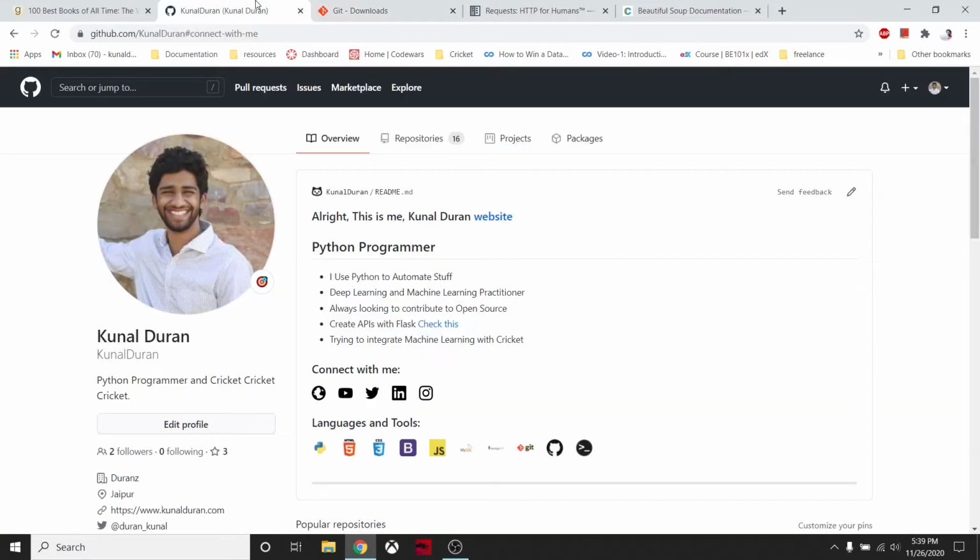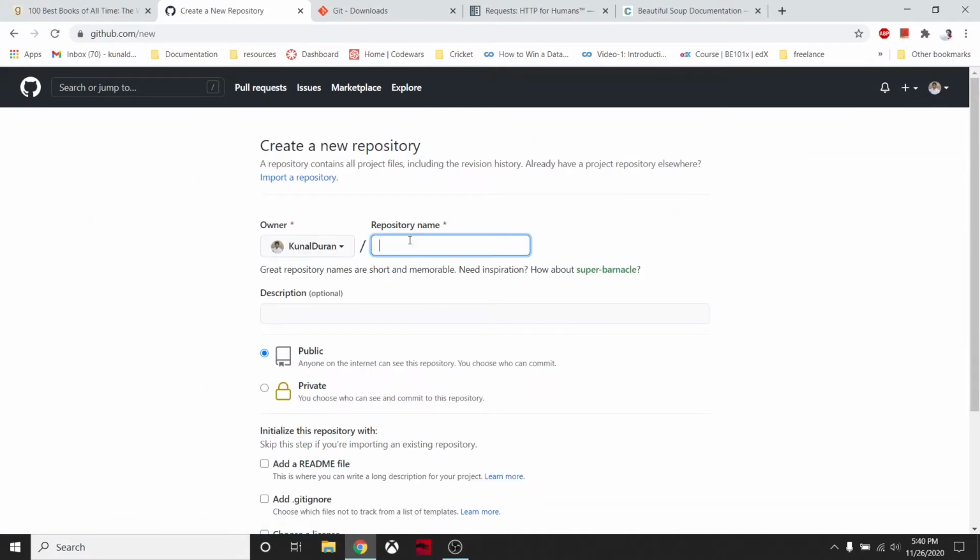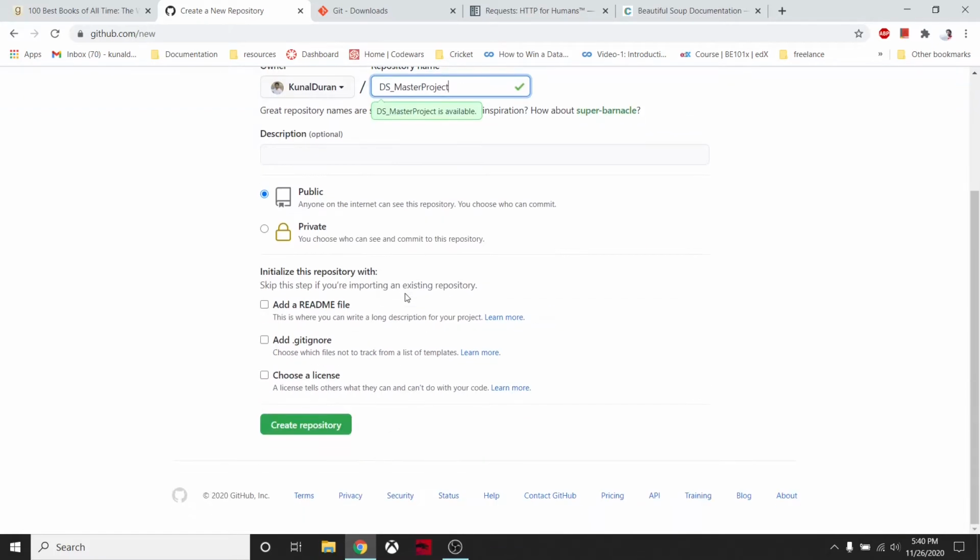And next, in GitHub let me also initialize a new repository. What should we call it? We'll say end-to-end scraper. Is it a good name? Oh, end-to-end scraper, data science master project. Yeah, that's a good name. Okay, we'll say create repository, and then